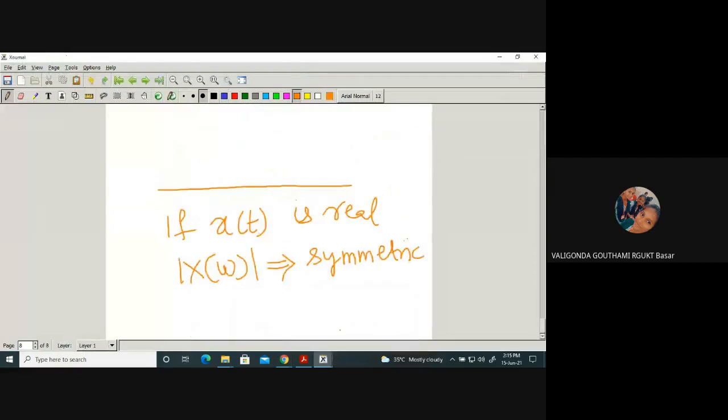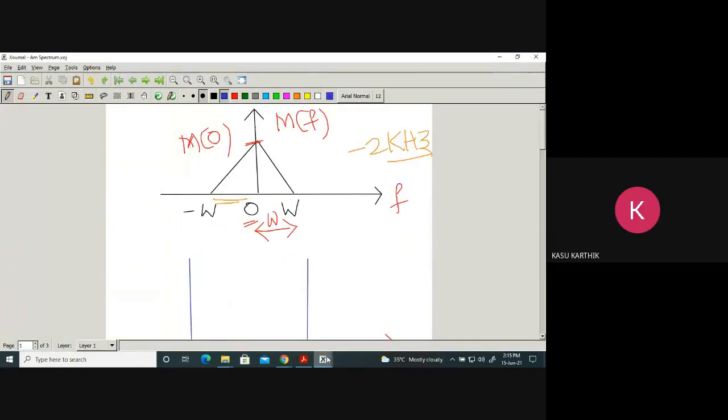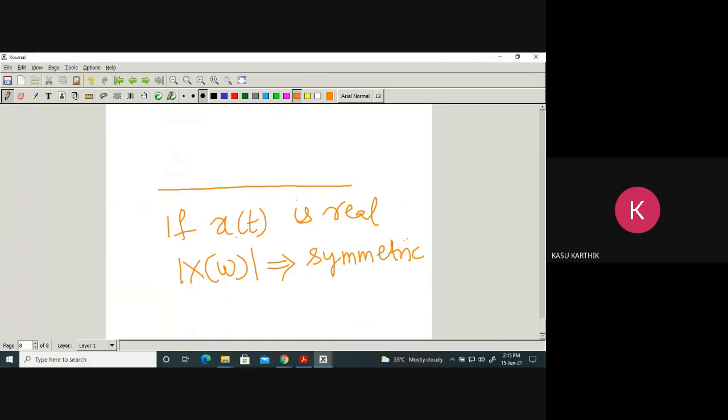Here, if the given signal m of t is an odd signal, then also we have to draw that type of symmetric signal? No, it is about a real signal. I did not say even or odd. I am saying if the given signal is real, I did not say even or odd. You're confusing. That's why I told you to read the basics of S&S. If any signal is real, its spectrum should be symmetric. That is the meaning. It is not about even and odd. It is about real signals. Generally, we transmit real signals, no? So by default, all signals are real. Obviously, the spectrum should be symmetric.